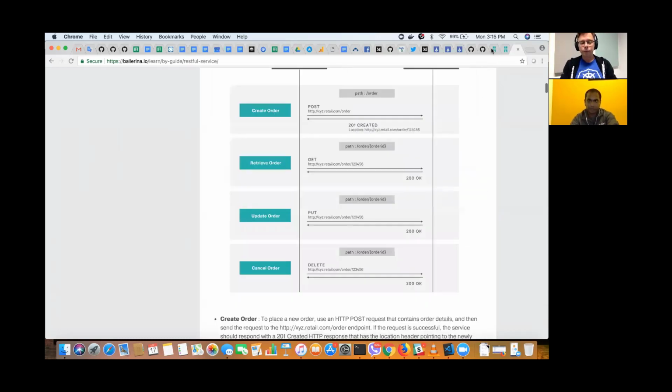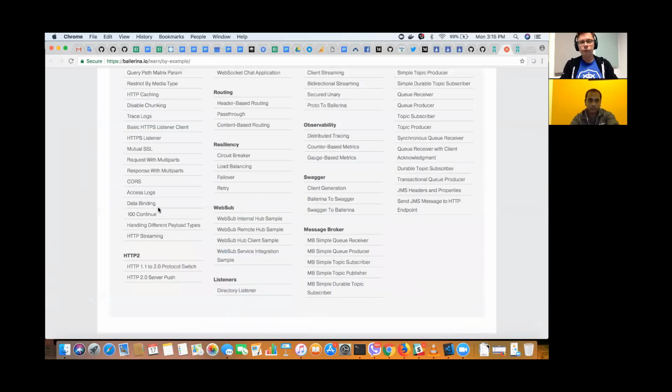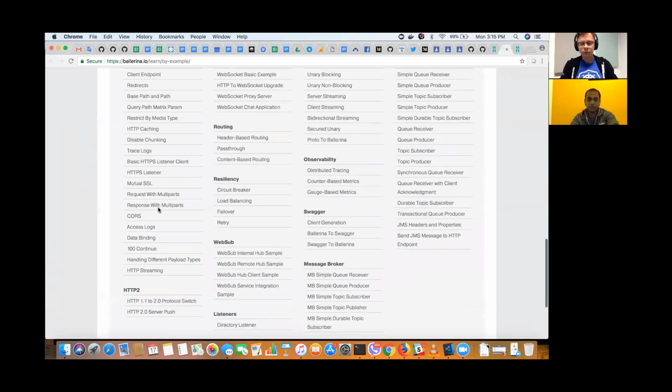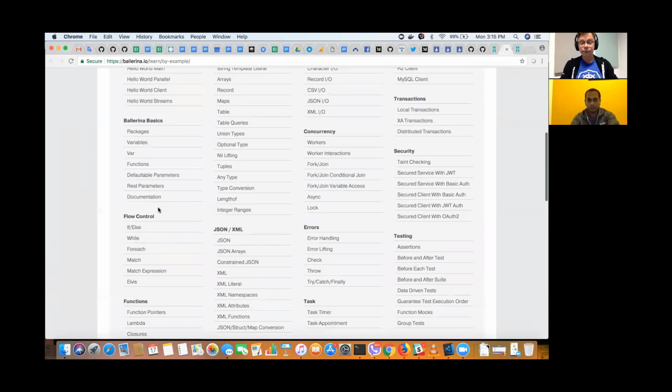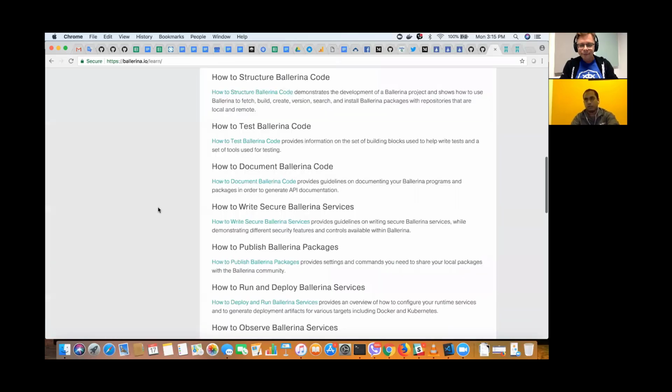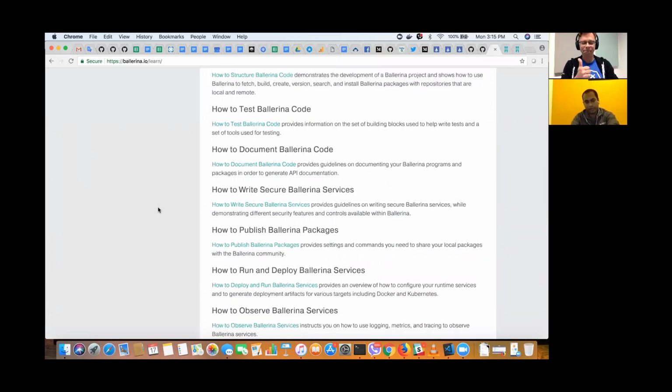Yeah. So Ballerina comes with observability as a default. For example, Prometheus integration is out of the box. The Ballerina runtime supports the OpenTracing specification. By default it collects all the metrics, and there's an endpoint for Prometheus to pull all these stats from the runtime.